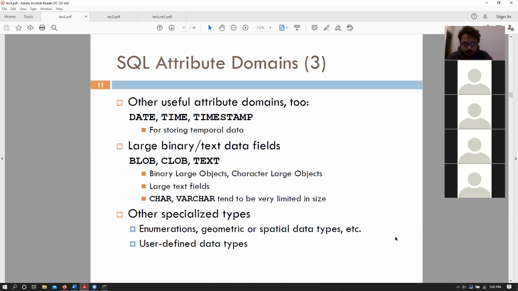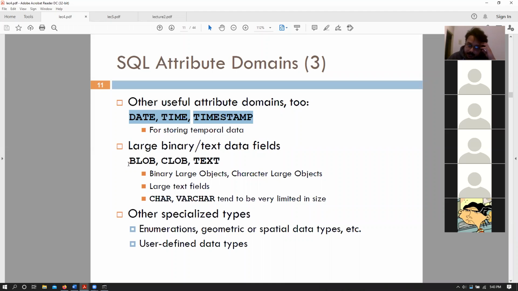No questions? Okay. Then we also had some other useful attribute domains such as date, time, and timestamp. These are really important data types because most of the databases that you would use in the real world would have some version of these data types as a most important component of your database. So if you imagine having a database that controls bank transactions, date, time, and timestamp become an important aspect of your database, right? So when did I withdraw my money? When did I put in my money and things like that?